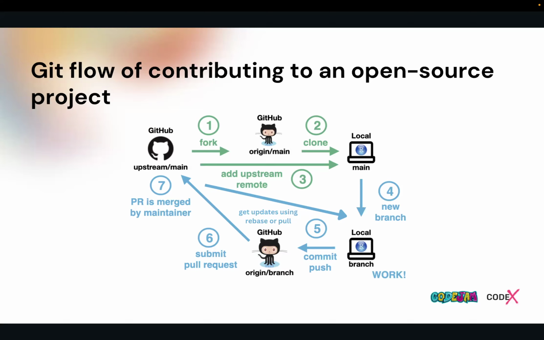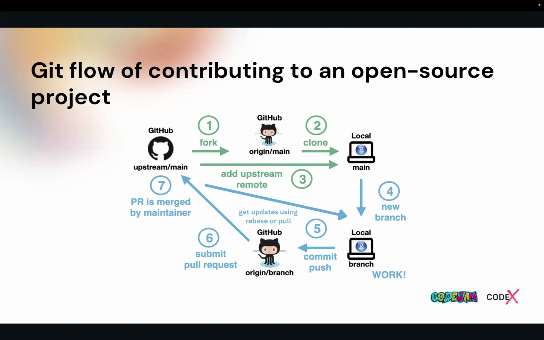So in that sense, we will discuss all the things included in this diagram today. So basically forking, cloning, adding remotes, and creating and maintaining branches. We already discussed committing and pushing, and making PRs or pull requests, and also getting updates from remote repositories using merge and rebasing, all of the things. So this is the main life cycle, and you will get a better understanding after this session of the use of this life cycle.